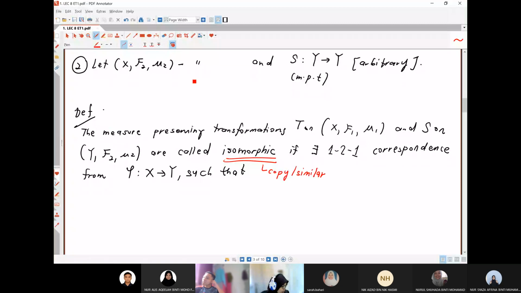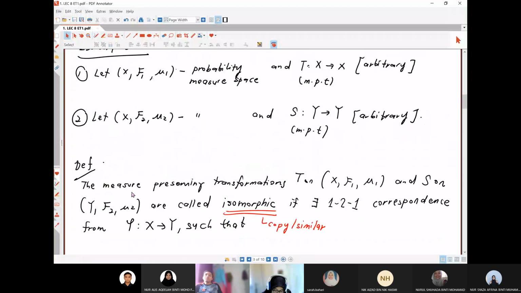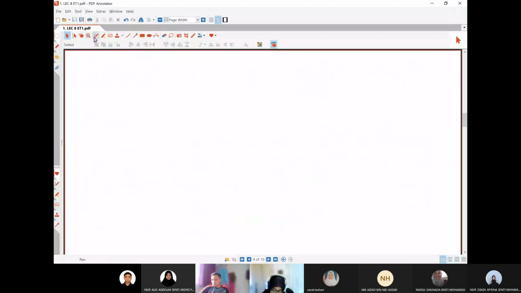Isomorphic meaning copy. Macam similar. So the first property that you need to have is, so I repeat, the definition: the measure preserving transformation T on the first probability space and S on the second probability space are called isomorphic if there exists a 1-to-1 correspondence phi from X to Y such that, okay, the first property is